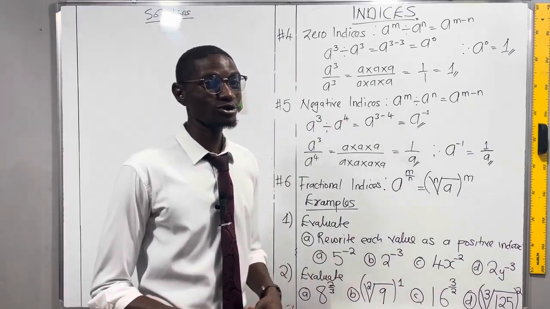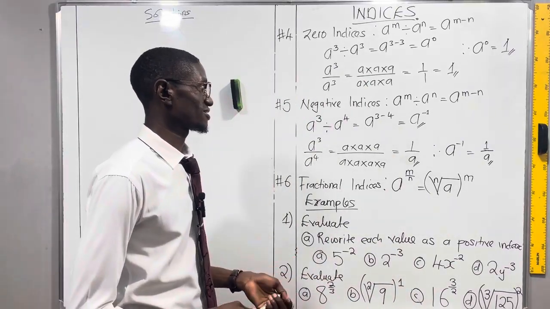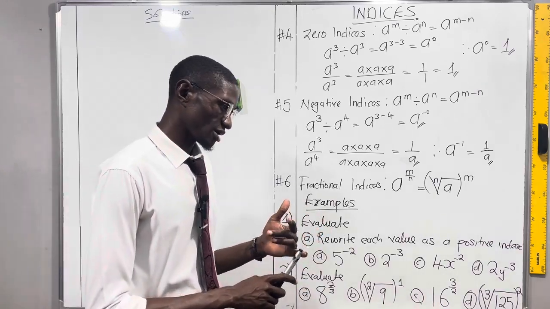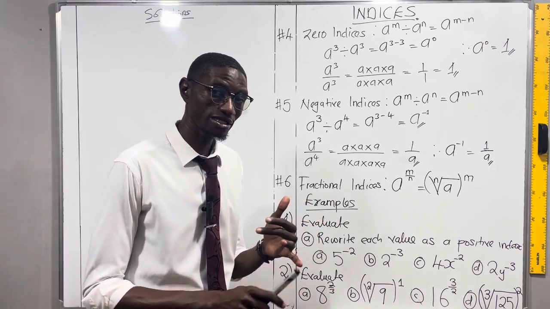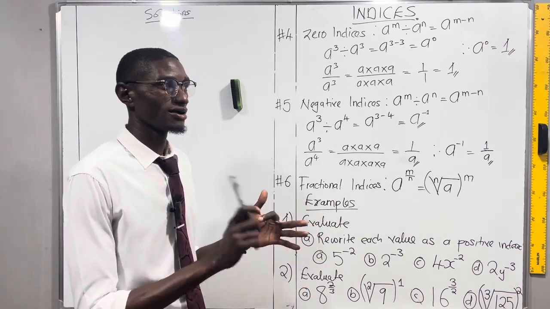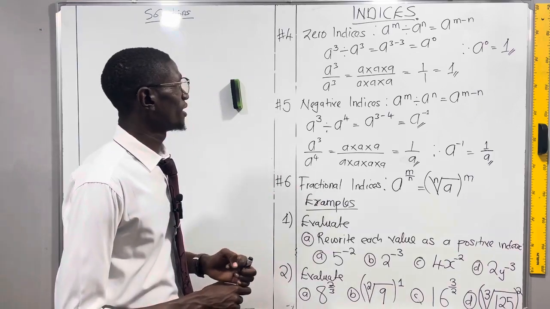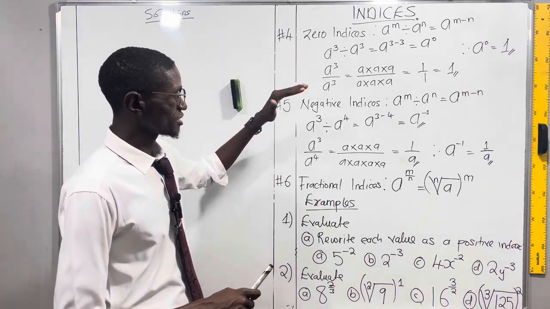In today's lesson, we're going to continue looking at indices. In the previous session, we looked at the first three laws of indices: multiplication, division, and double indices. In this session, we're going to look at three laws again, and these are going to be zero indices, negative